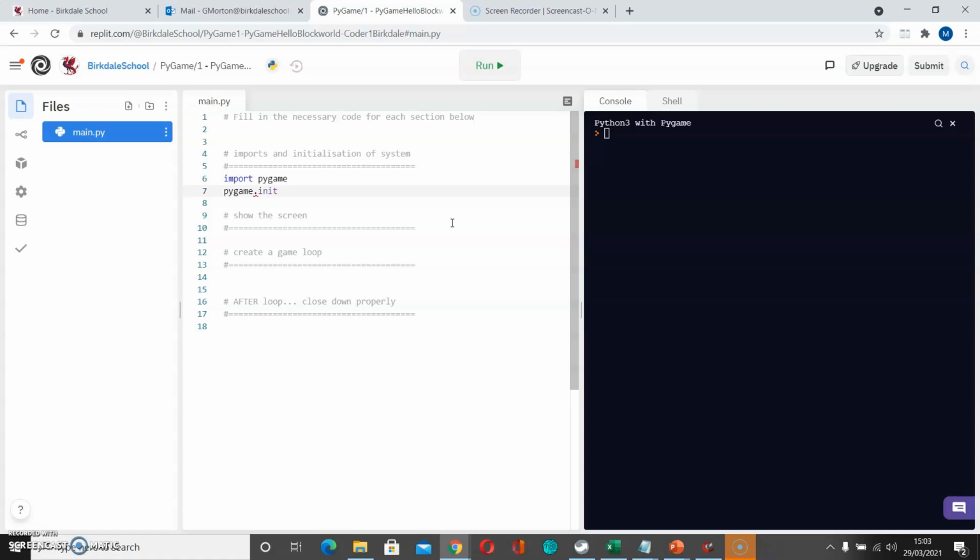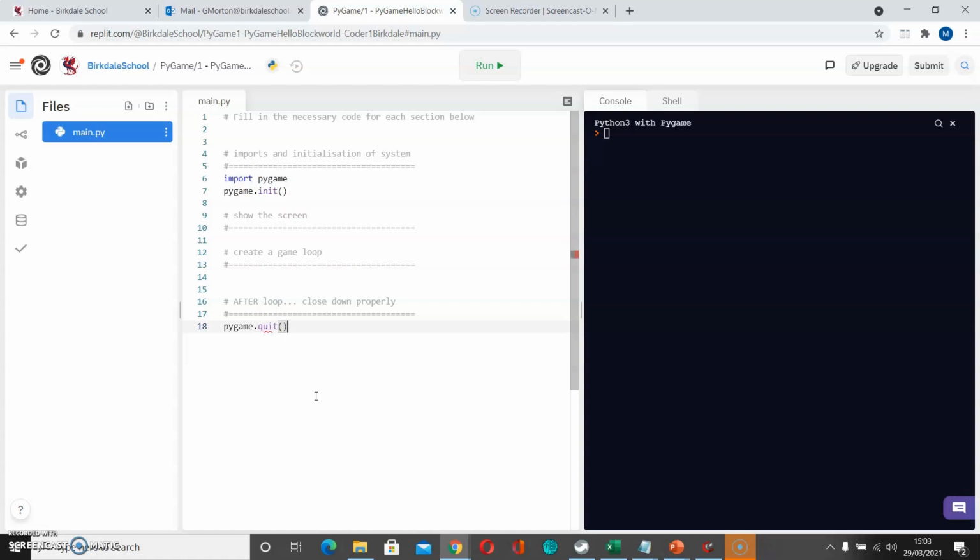And we are then going to say pygame.init. Now init is short for initialization, and this is a function that exists within the Pygame library. To make it run, we have to give it brackets. If we just say pygame.init without the brackets, then we will have problems, and this is a common mistake that students make. Now normally, the first thing I would do, having initialized this here, is to go to the end and say